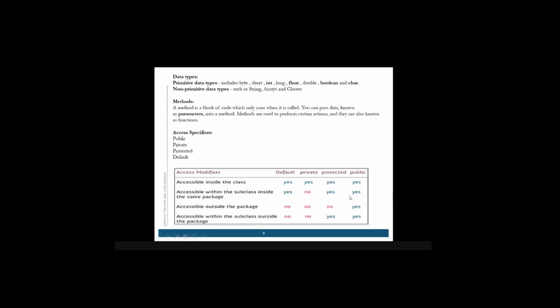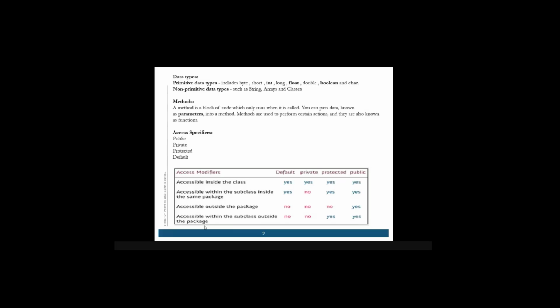And public, everyone can access. Accessible outside the package, so only public can be accessed outside the package. Accessible within the subclass outside the package, so only protected and public can be accessed outside the package. Is there any doubt in access specifiers?